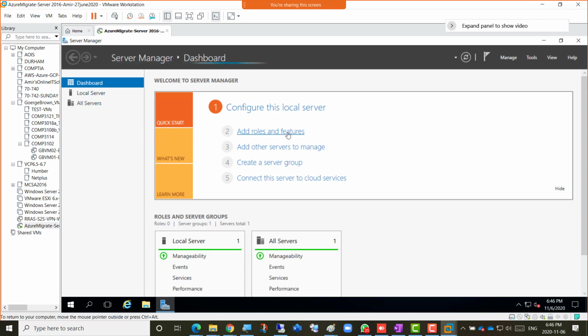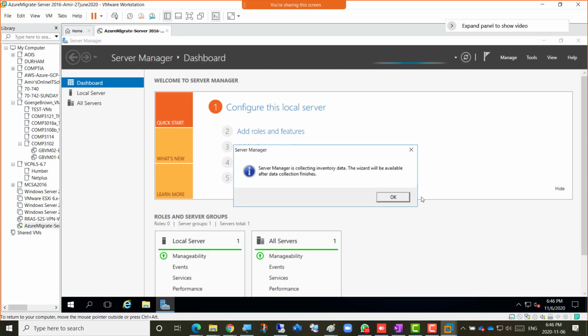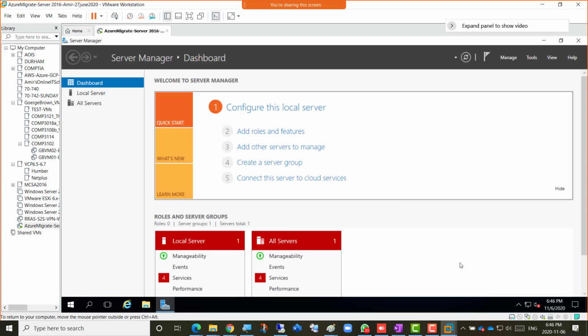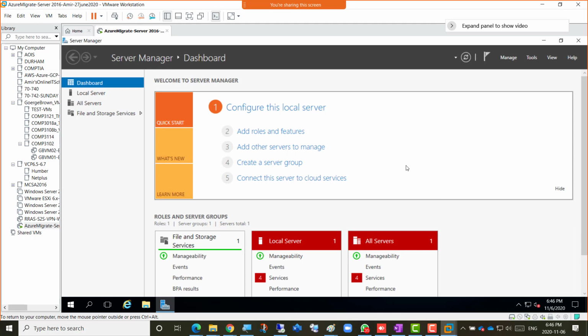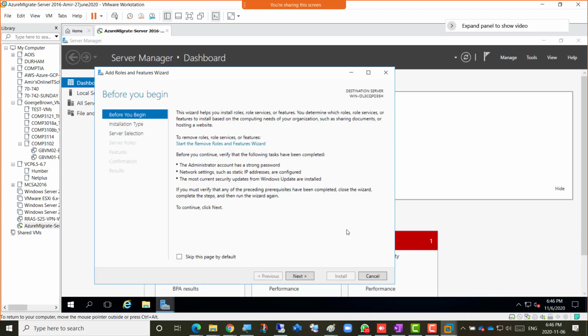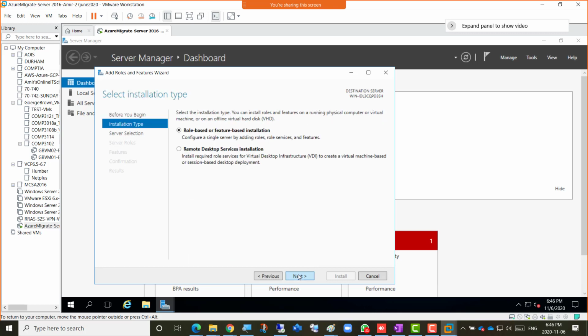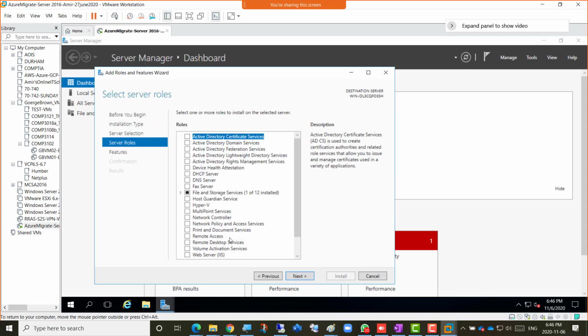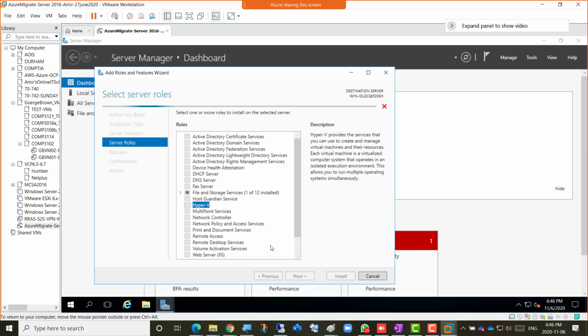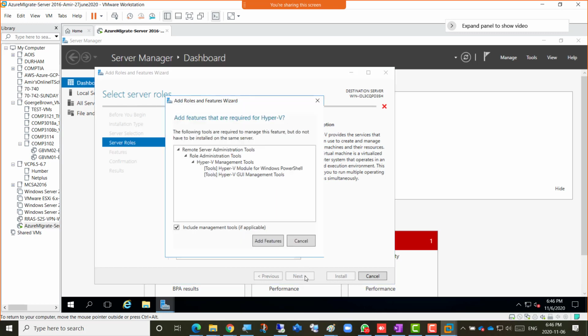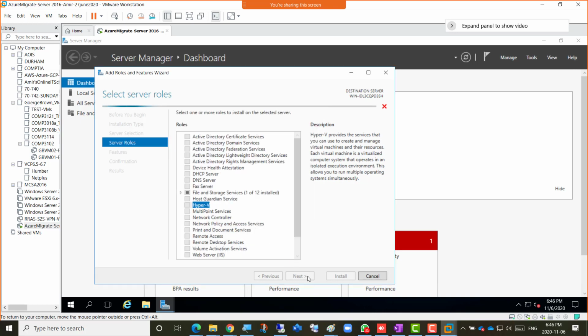So I'm going to go to Add Roles and Features here. Okay, it's still starting. Add Roles and Features here. Next, and next. So it's Hyper-V I want installed. So I'm going to click Hyper-V, and it should be okay if I have clicked, yeah, Add Features, and